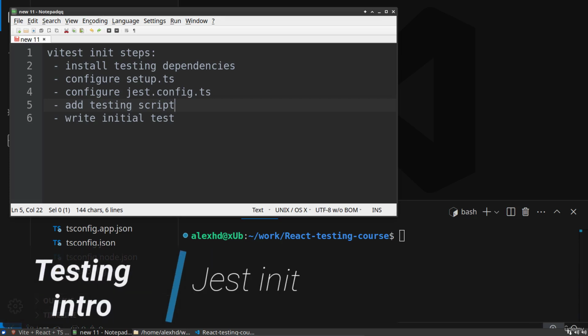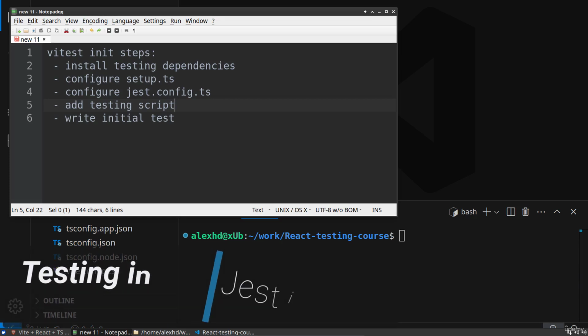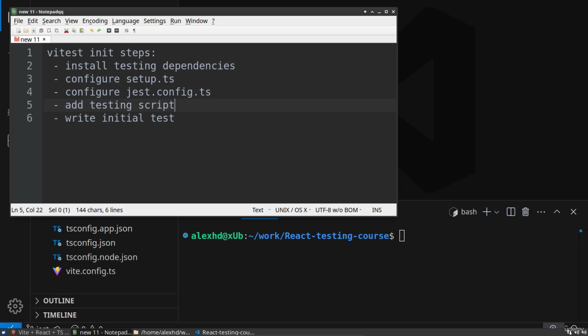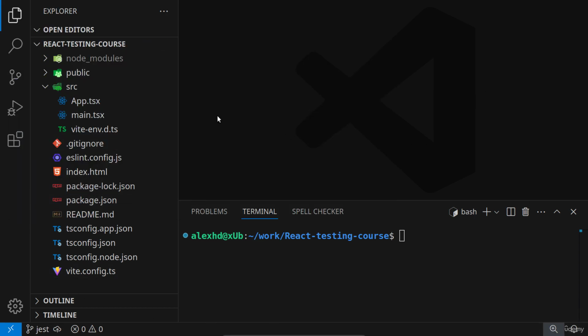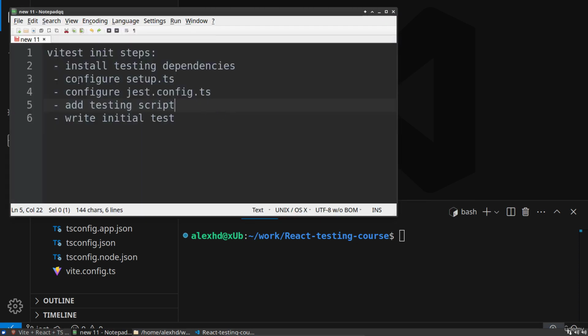In this lecture, we will see how we can configure React, TypeScript, Vite with Jest. We want to test our app with Jest and we want to configure it accordingly. The starting point is a fresh React, TypeScript, Vite project. And here on the screen, we have the steps that we need to take in order to add Jest testing